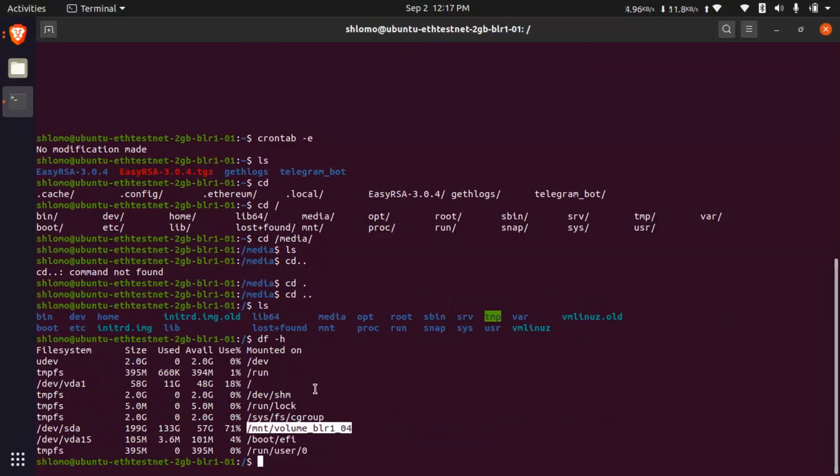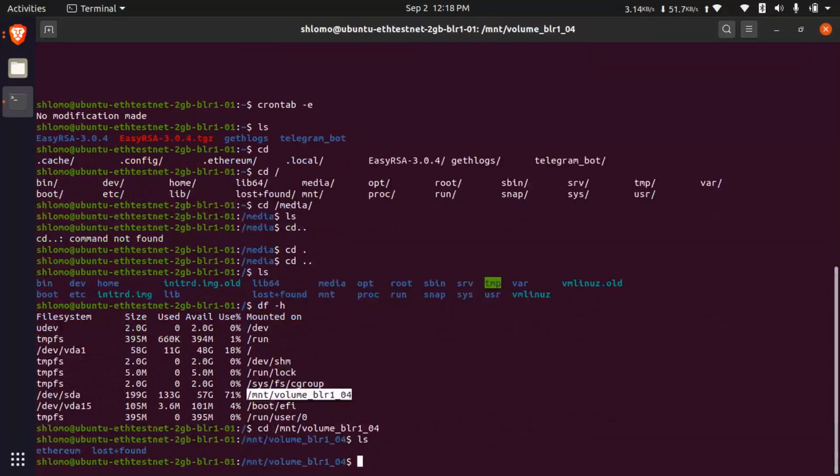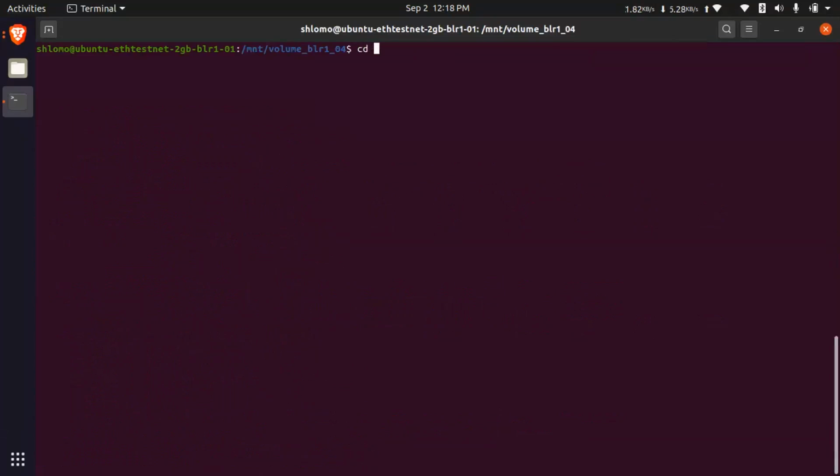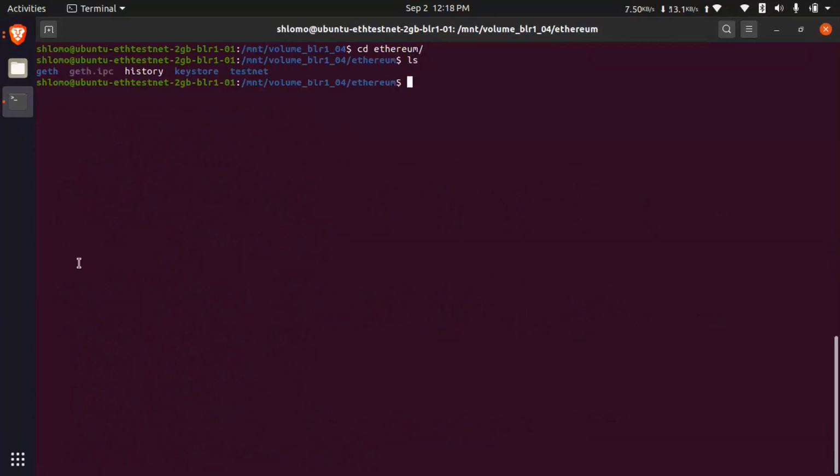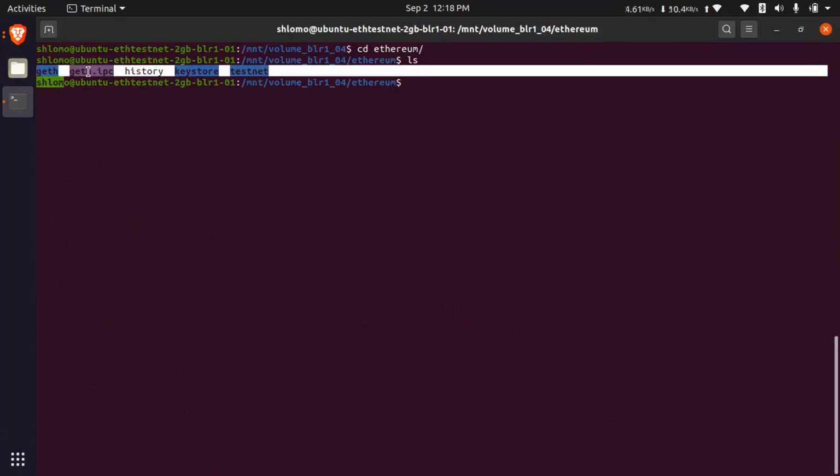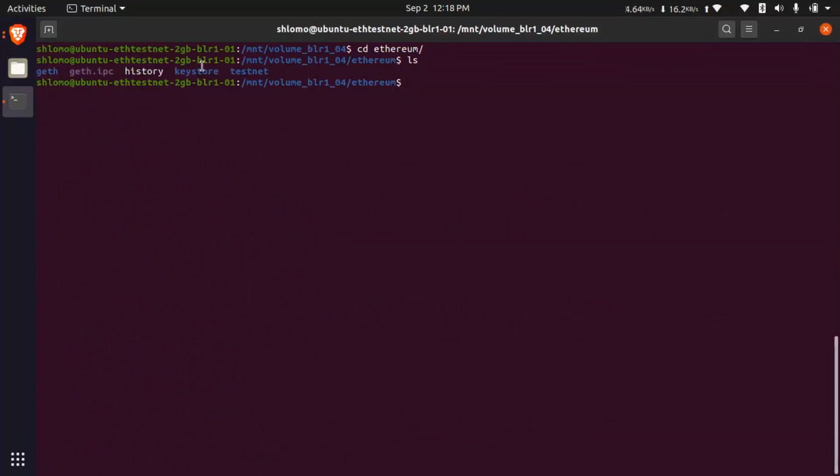If you open this, there is something like, wait, I will open this. You can see geth, ipc, history, keystore, testnet. If I move to testnet,